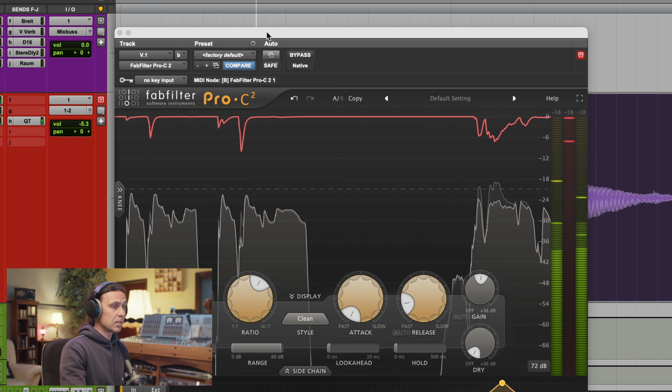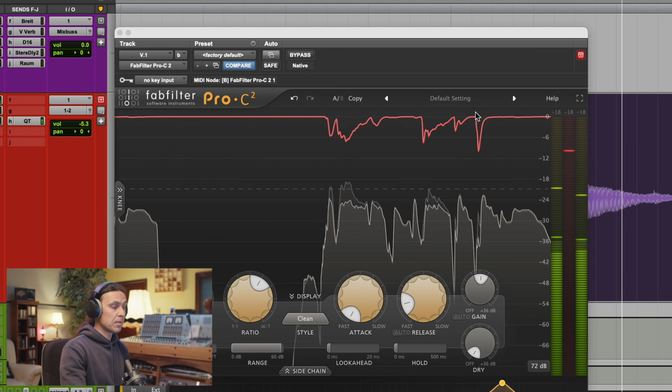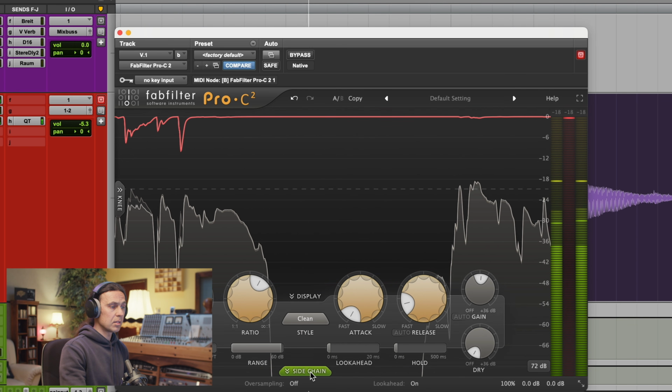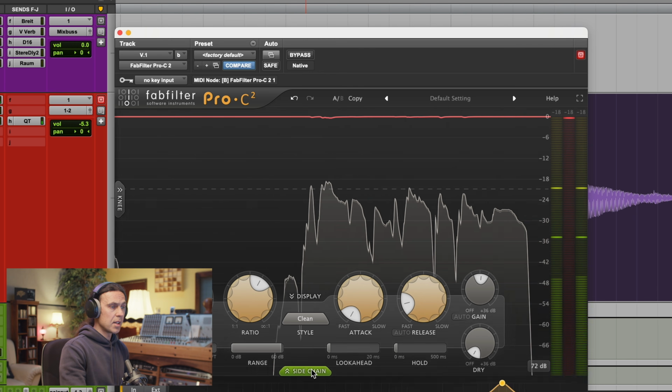You're driving through the dark into the morning. And if I put down the sidechain, you're driving through the dark into the morning. So especially the consonants, the T is really poking out a little bit, but by applying some sidechain compression, you're really letting the compressor listen more to that frequency range and reacting much quicker to this. In this example, it's handy to get rid a little bit of that sharp T, but you can